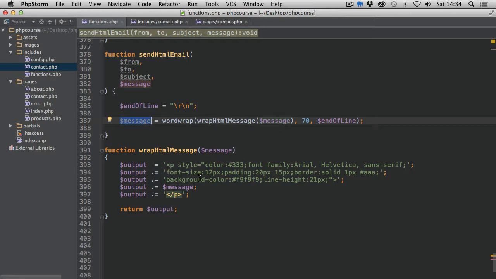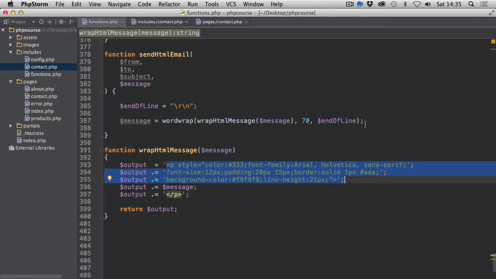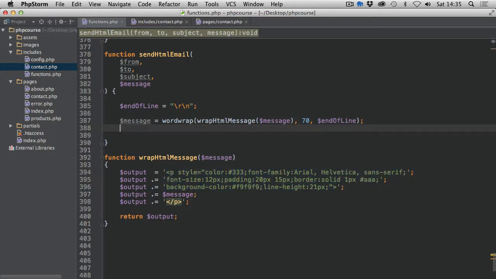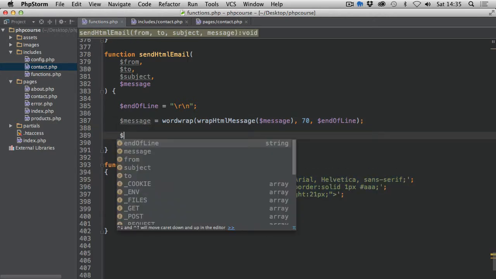Okay, so we have our message already wrapped. We have it with the HTML styling as well. It's wrapped with the paragraph. So let's go to the next line. Next line will be headers. So we start with the headers